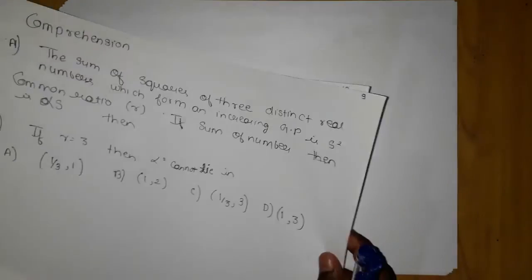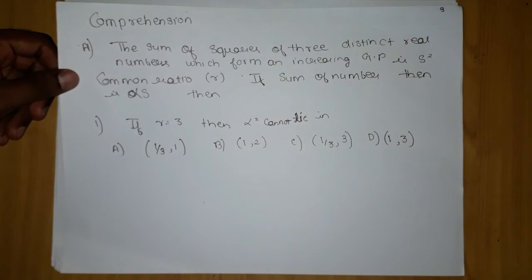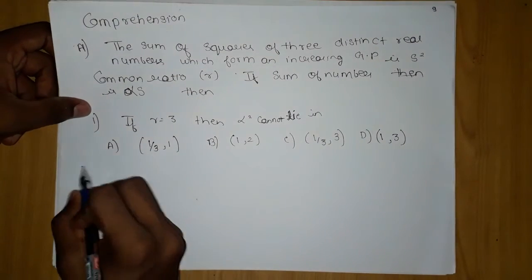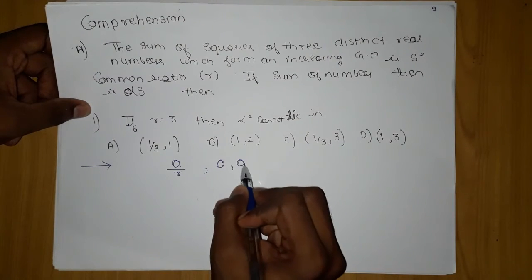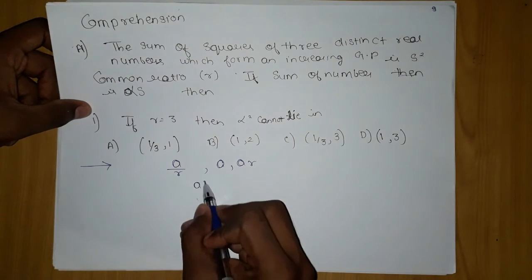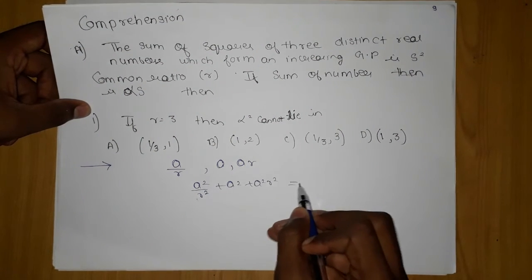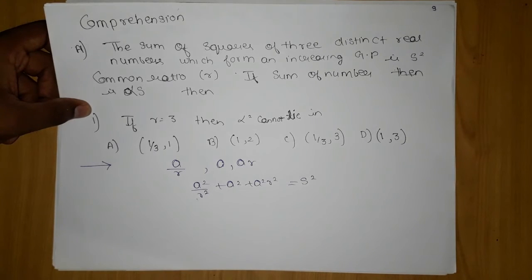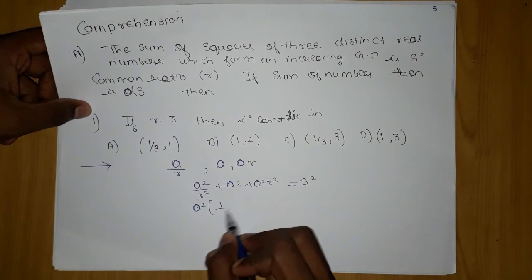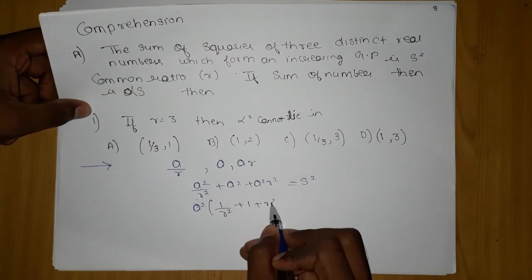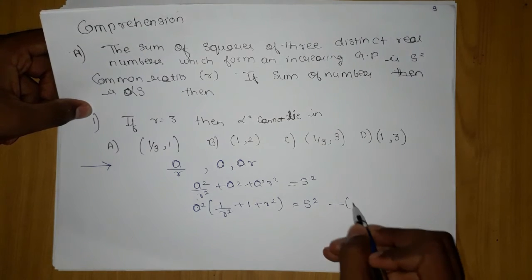Okay, so before beginning with this, they are telling the sum of the squares of three distinct real numbers which form an increasing GP. When they say increasing GP, I have told you to take these types of terms: A by R, A, AR. Okay, so their squares: A square upon R square plus A square plus A square R square. Okay, what happens if somewhere the product is mentioned, they all will cancel and you will get A directly. Okay, so here one thing is very common, that we will take A square common, which will give me S square. Okay, further on we will keep it as 1 only.